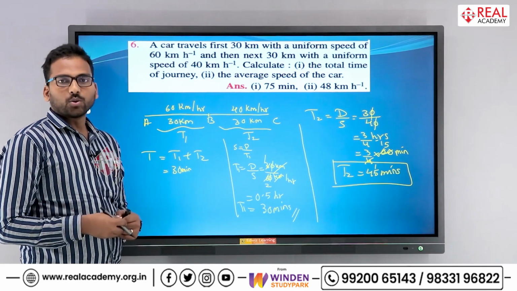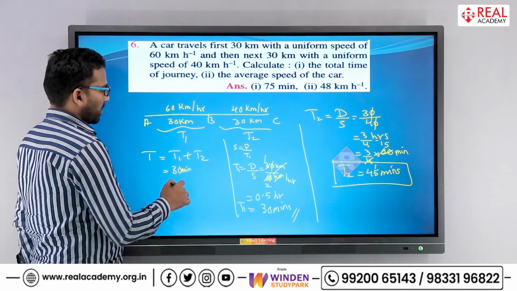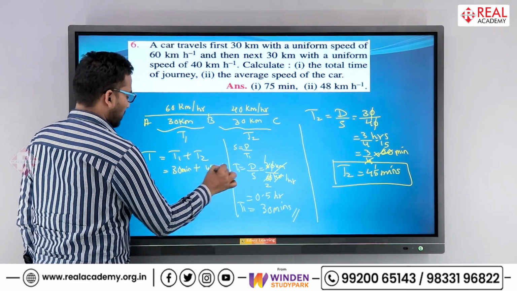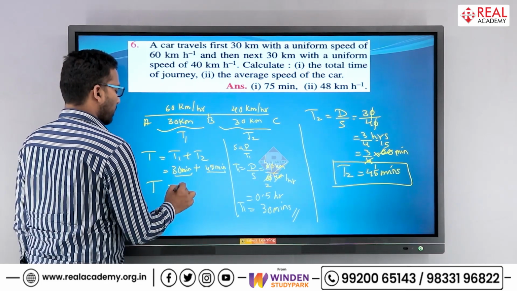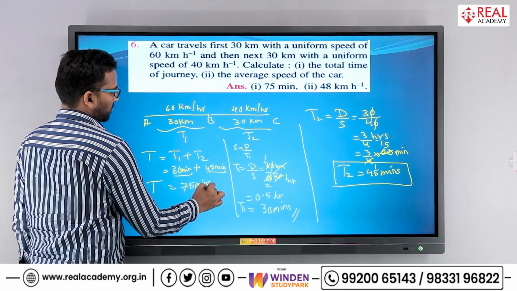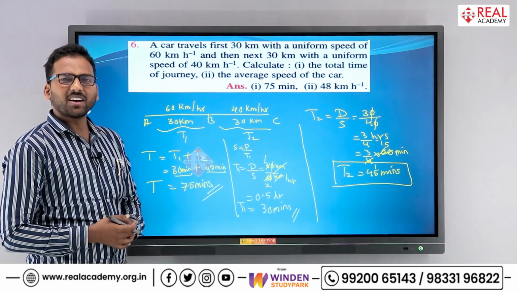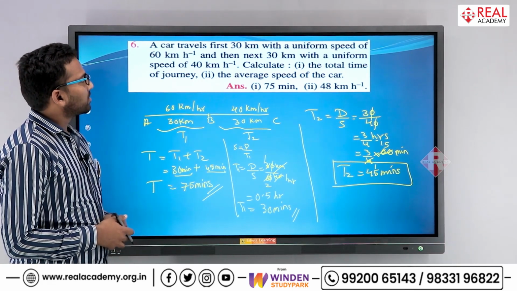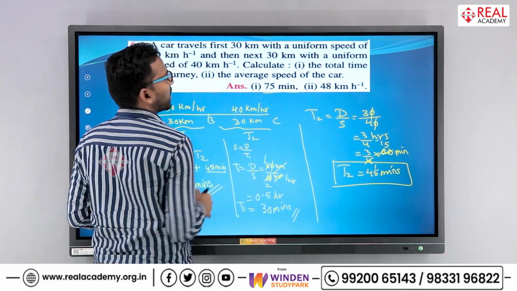Okay, 45 minutes to travel 30 kilometers, and for 60 kilometers it will take 30 minutes, right? So T2 is 45 minutes. So what will be the total time? T1 plus T2, 30 minutes plus 45 minutes is 75 minutes. Okay, this is my final answer, 75 minutes. Clear everyone? Clear with this? So we have taken the answer as 75 minutes, which is the required answer, the total time of